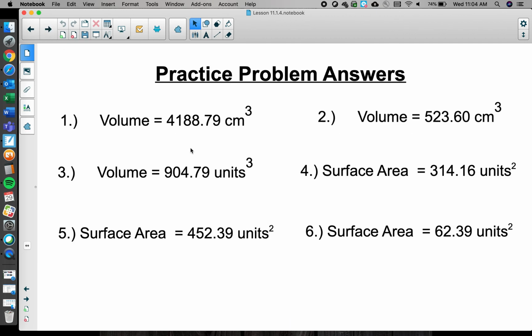Here are your answers to find the volume and surface area of the last set of homework problems. And again, make sure you're checking those, make sure you're doing those correctly. Let me know if you have questions, and I'll be sending out the review with the practice problems and a test. Once you've completed the Chapter 11 test, you have completed what you need to do for the year,